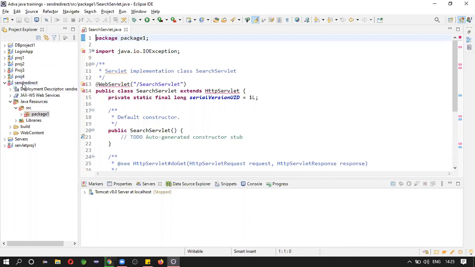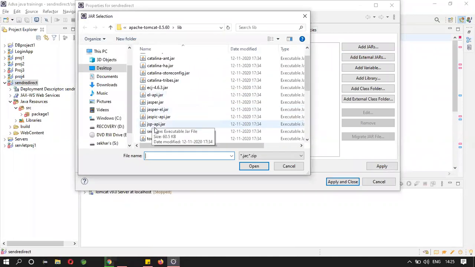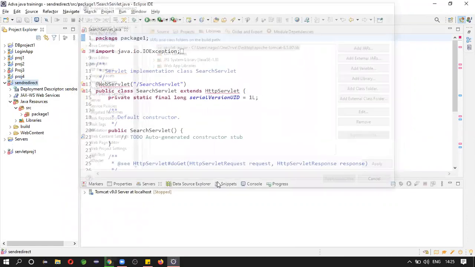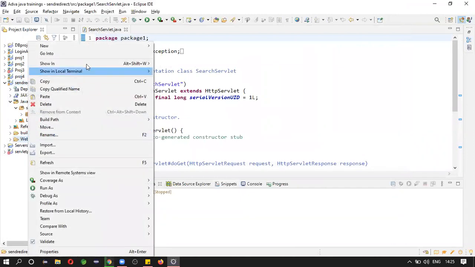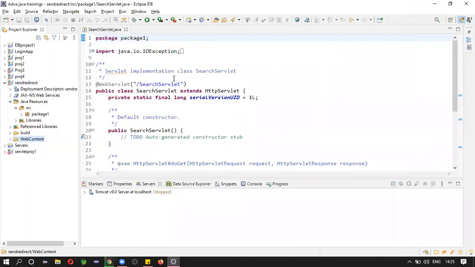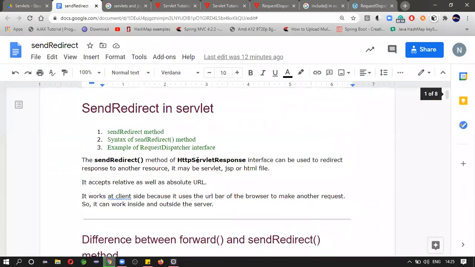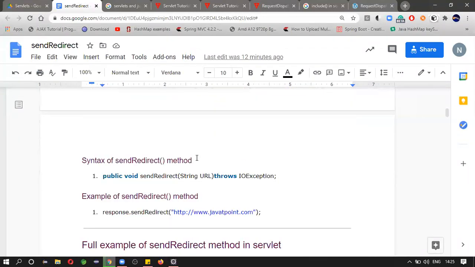So include servlet API. Click on build path, configure build path. Add external jars. Select servlet-api.jar. Apply and close. And next, inside web content, add a form. New HTML. You can take anything.